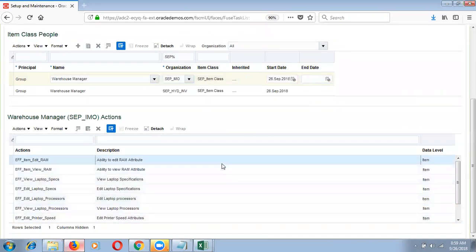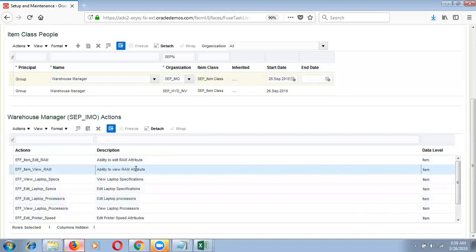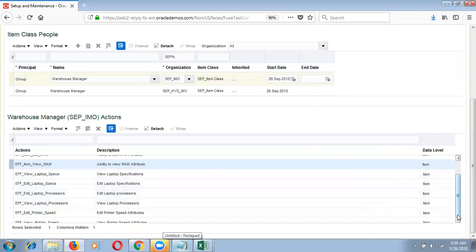Are you going to give privileges for those things or not? That's all. Okay. But laptop specifications, laptop processors, that's what I mean. So this is some vision data. This is some vision data, EFF data. In real time, you don't see vision data. In real time, what you can see, you will see starting from,